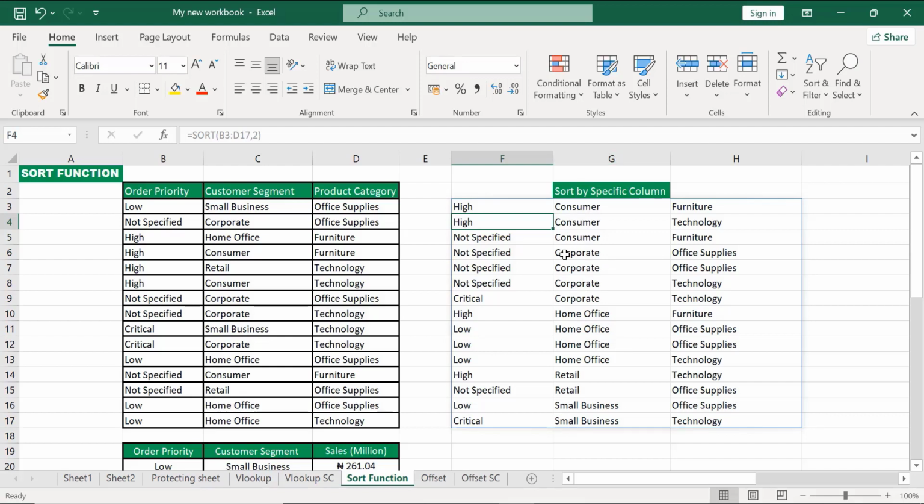The formula we applied here actually tells us that we only sort this second column here. Now, if you look at this consumer, can you see, it has actually sorted by this specific column. This consumer, where we have consumer here, if you look at it,